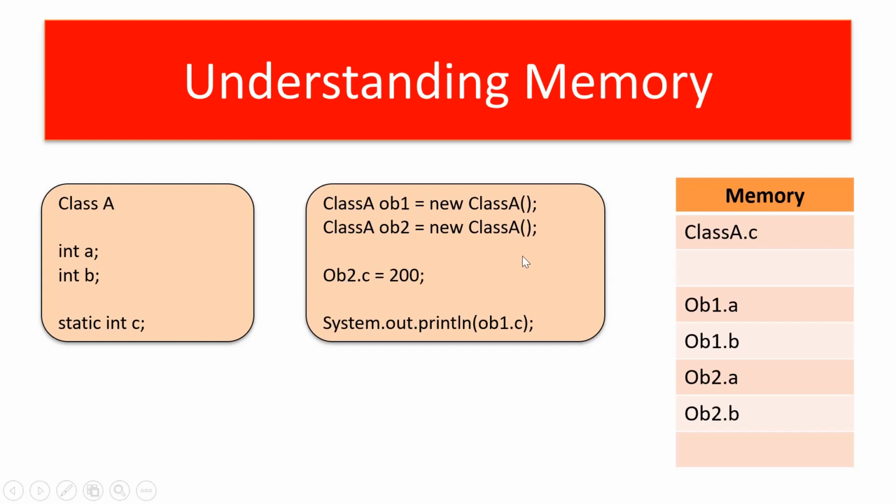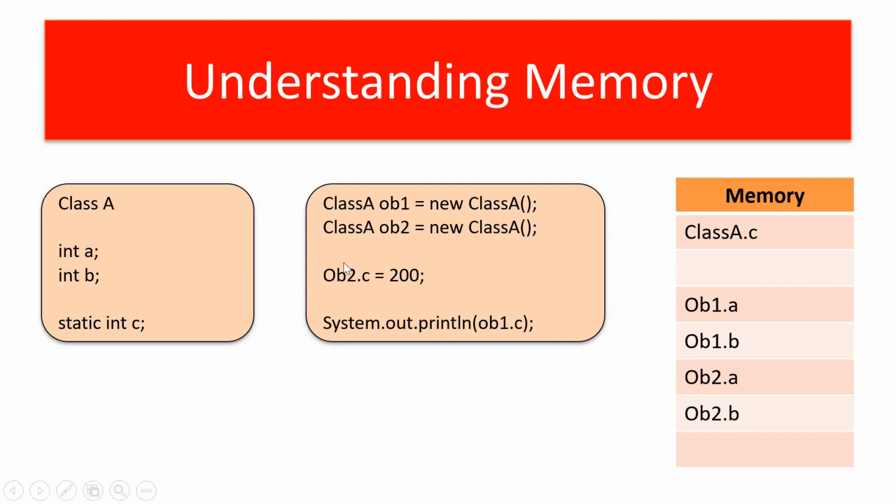We already said that class A.c is a static member. Even though it is a static member, we can access it even before creating an object with the help of the class name.c. But still, we can access a static member of a class with the help of an object name also. But ob1.c and ob2.c will point towards the common memory, that is the static memory created for that variable at the class level.